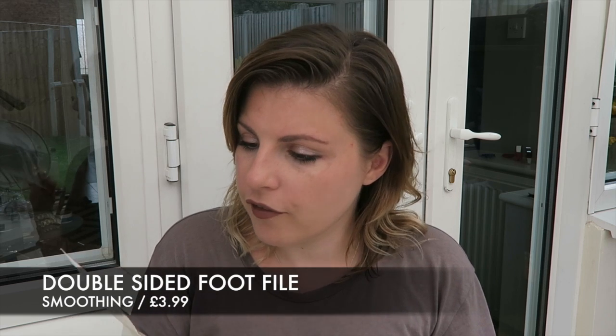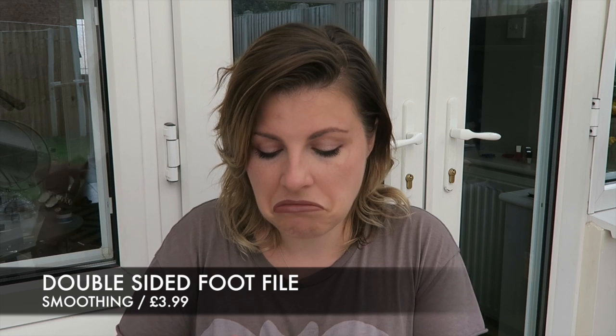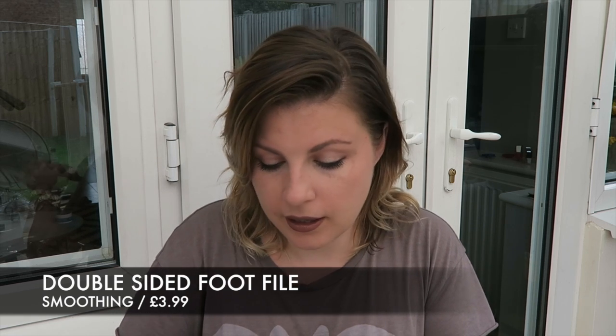I have 2 tools. One of them is a foot file. This is double-sided, a gentle exfoliation foot file. I don't know whether it's double-sided because they do different things, or just so you've got 2 sides. Yes, it feels like one is slightly more aggressive than the other. I don't know, but I quite liked this because it was really small and angled, and I've never tried one